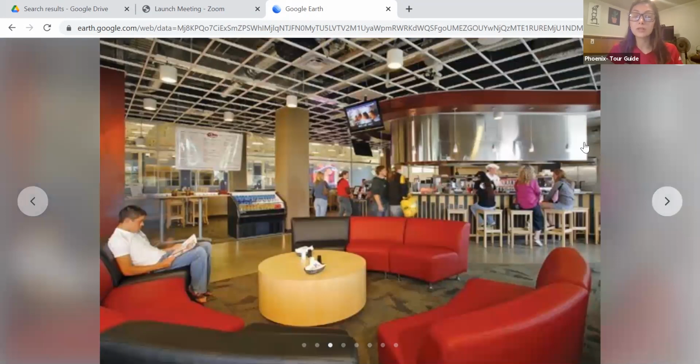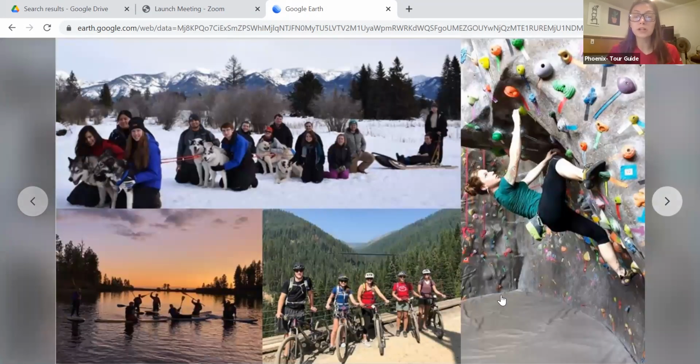Here in the URC, we actually do have a rock climbing wall, so it's not like you're free climbing. There are instructors there if you're interested. We actually do have a rock climbing club as well. So if you're interested in doing some of those activities, a little bit more adventurous, we do have a program